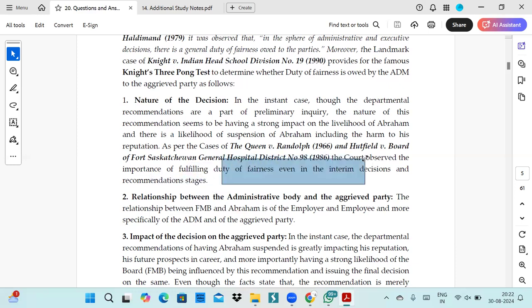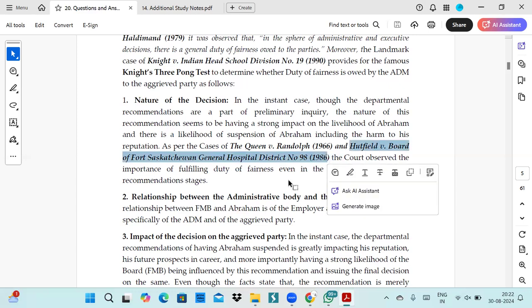This line is sufficient, and this is kind of a paraphrase. We have not taken it directly from the decision, but this is understood, like this is a paraphrase from both the decisions. And this is good enough for the NCA. But if you want to write more about this, what you can do is go to this judgment, and